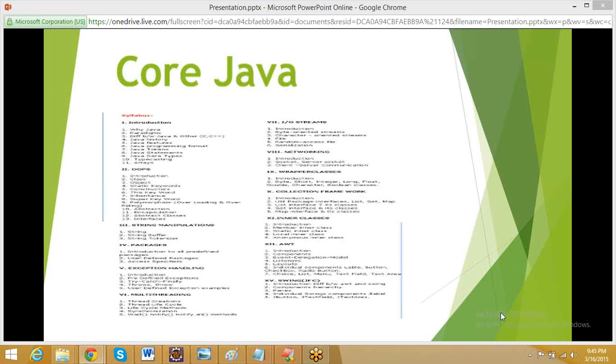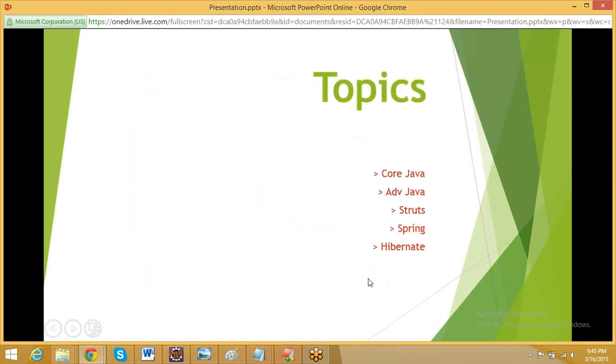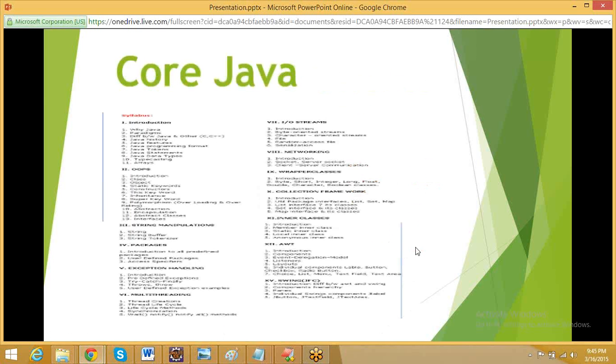So I'm pretty sure that whoever is learning Java, even if they don't learn Struts, Spring, Hibernate, if they are very familiar with core Java, it's very much enough. They have covered almost 70%, we can say. Then if they come into the frameworks, they can implement individual components, as an individual contributor. And these are the core Java concepts we are going to be covering.